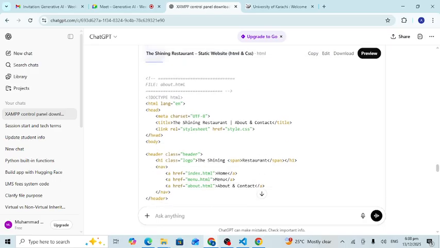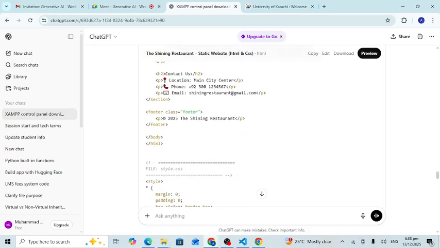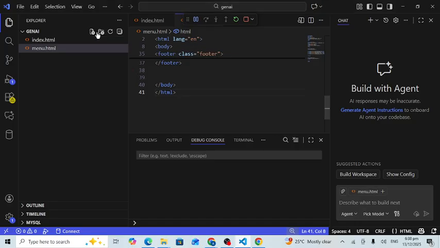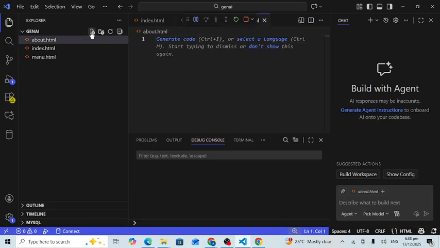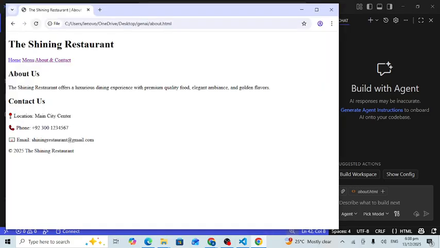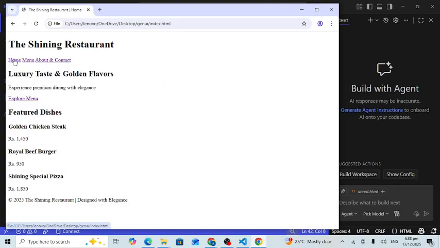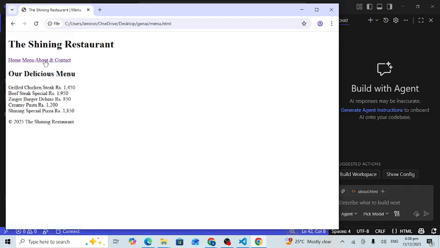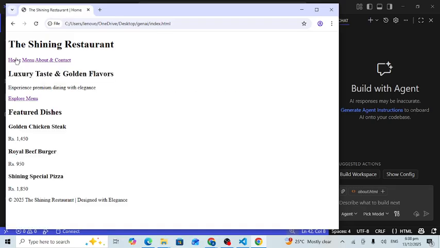Here is our about.html page. We have to copy it, then make another file with the name about.html, paste it, and then Control S to save. After that, if I click on the about and contact page button, you can see it appears. Home, and this is our menu page, and this is our about page. So there is no design yet,